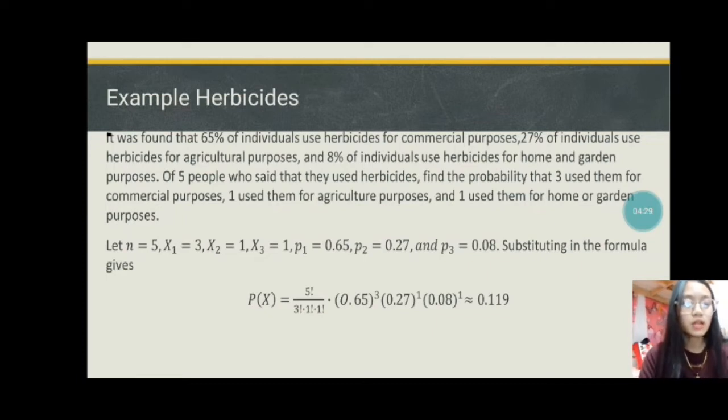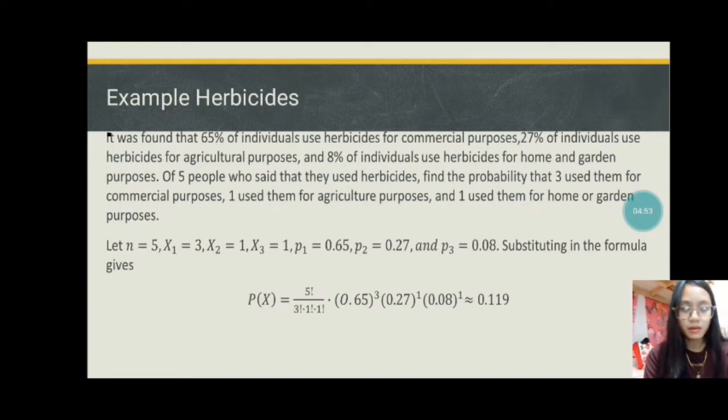Substituting in the formula gives P(X) equals 5 factorial over 3 factorial times 1 factorial times 1 factorial, multiplied by 0.65 to the power of 3 times 0.27 to the power of 1 times 0.08 to the power of 1,